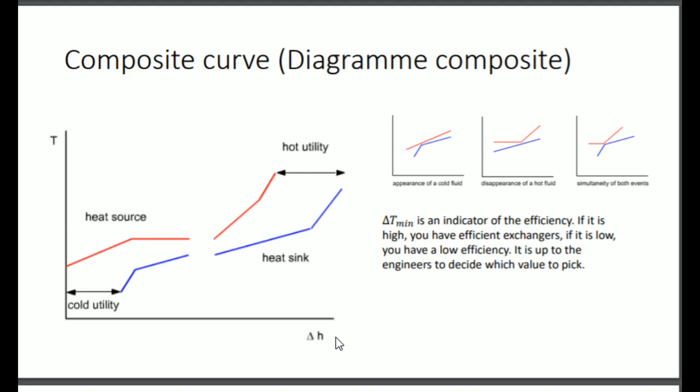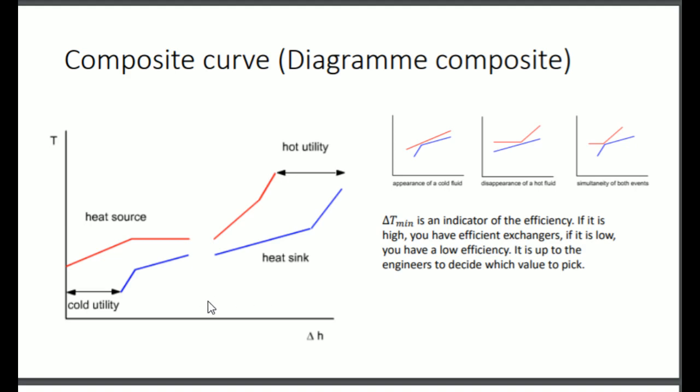And since it's a differential value, all of the curve could theoretically be shifted to the left or right, but not up and down. For example, the red one, I can move it to the right, I can move it to the left, and in the same way, the curve in blue, I can move it to the right and to the left. Now, the one on the top is the one with the highest temperature, so it's the hot fluids. And in the bottom, we have heat sinks.